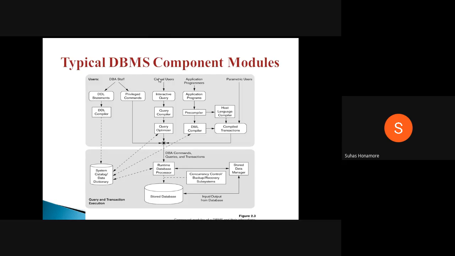The casual user is nothing but someone booking a ticket on the IRCTC website. For that purpose, different inputs will be given. The interactive query is nothing but the front end you are using, where you take all the inputs, and the query compiler executes it correspondingly. Here you are taking more data than actually required in our table, so all those things have to be removed. That is the query optimizer: it will remove them, and then it communicates to the database.